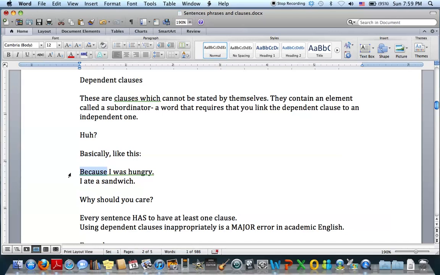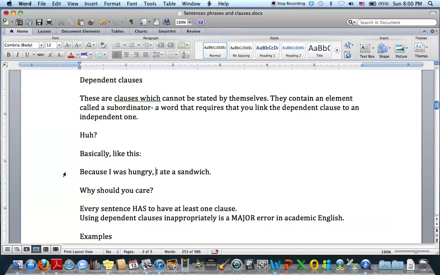And that's why you might have had a teacher in the past who said you can never start a sentence with because. Sorry, that's a lie. You can start a sentence with because. The real trick is when you use because, it tells not only you but also the reader that you're not finished yet. It says, sorry, this is no longer independent. It's dependent now. It needs to be linked to something else. Let's take a look at this one. I ate a sandwich. Hey, you know what? No problem. There's no subordinator. We have a clear subject, I, and we have a clear finite verb, ate. Okay, what I can do is this.